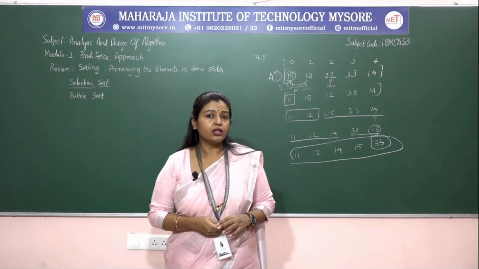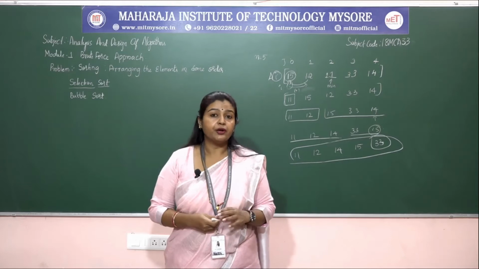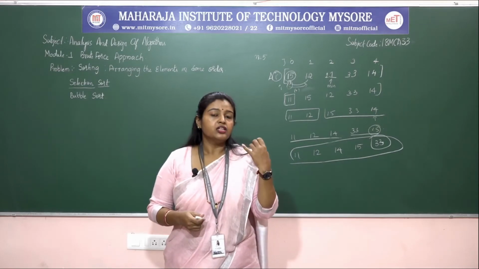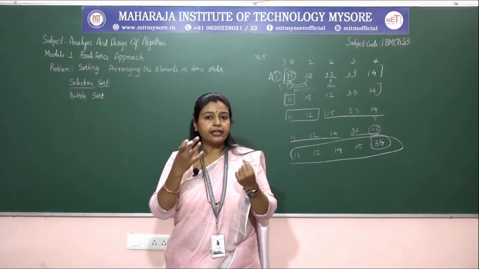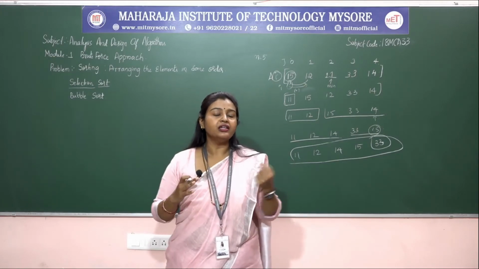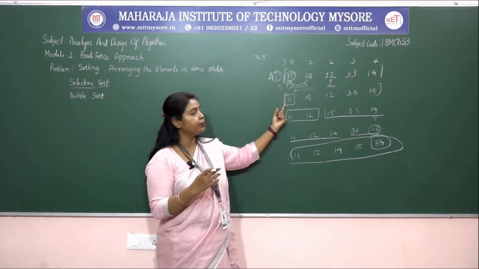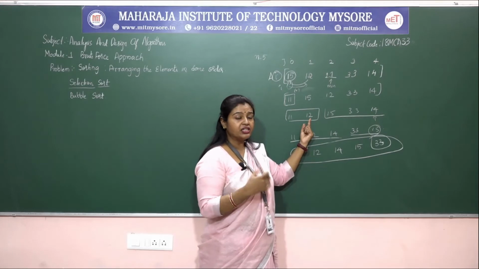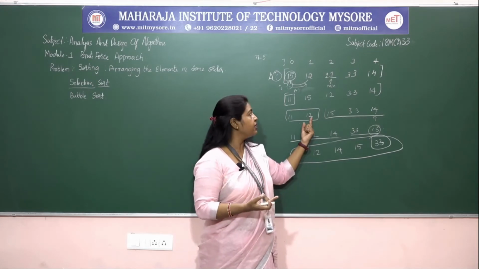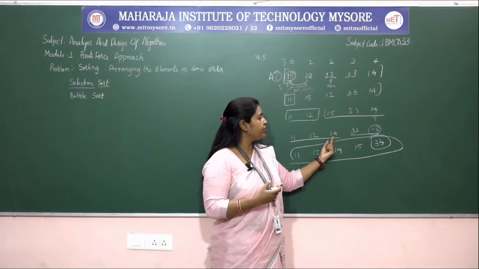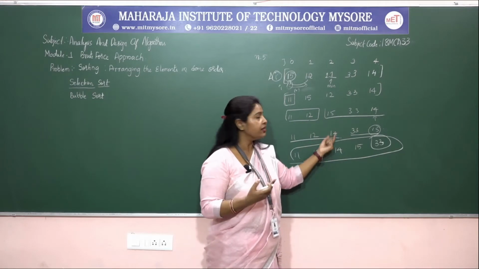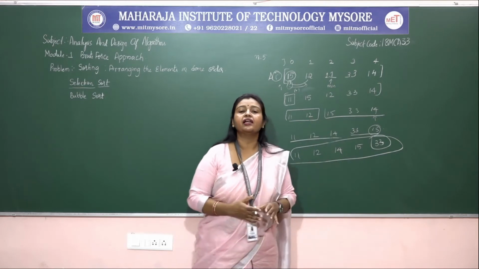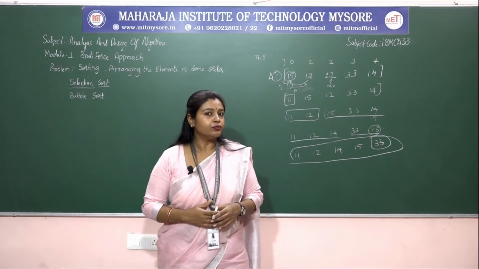So according to this algorithm, what we need to find out? We need to find out the minimum value's position. Once you get the smallest value in the array, that element has to be swapped with what? The first position. The first smallest element should be present in the first position. Next, the second smallest element we need to identify and place it in the second position. Next we need to find the third smallest element in the array and place it in the third position. Likewise it will be continued until it reaches the end of the array.